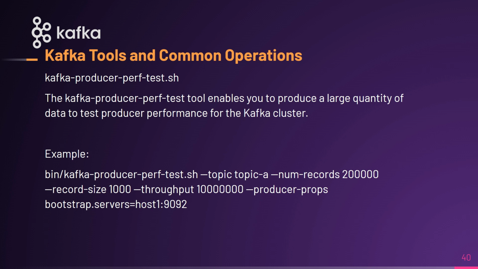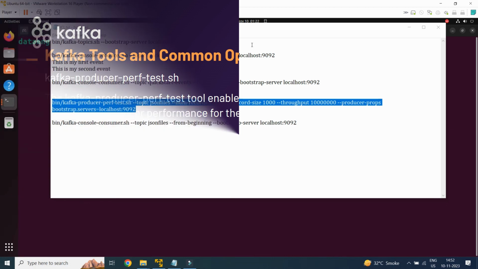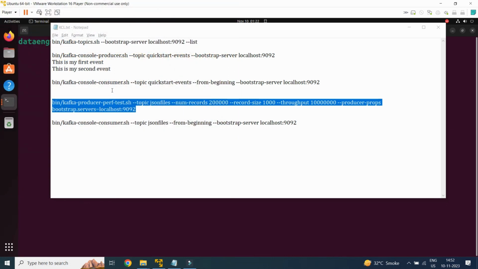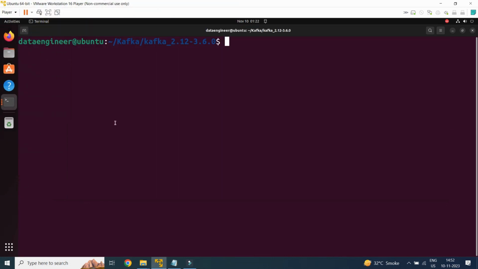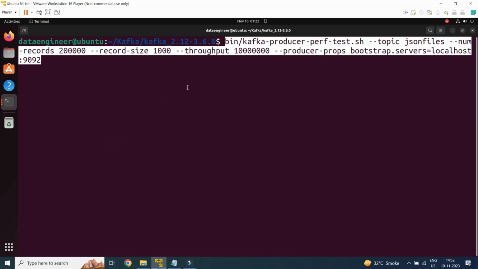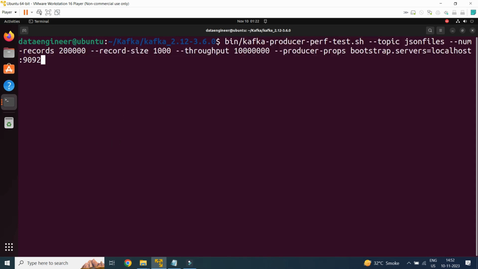So let's get started. We are going to run kafka-producer-perf-test.sh on the topic JSON files.